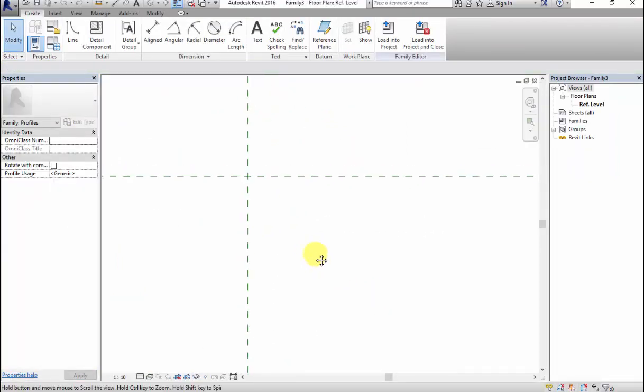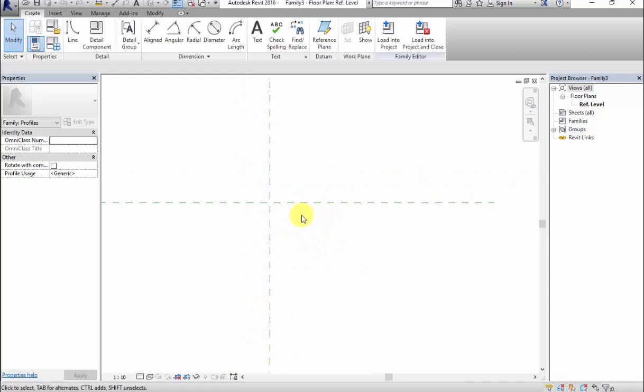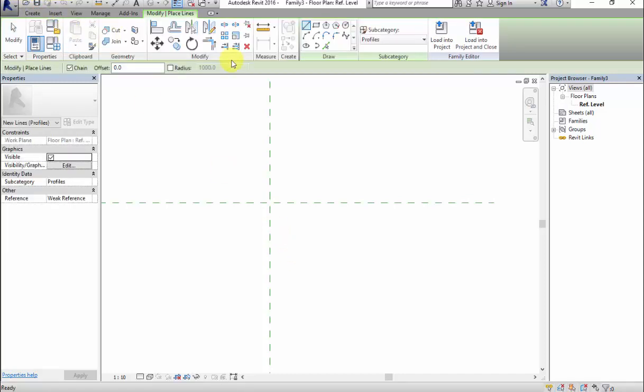Now I'm going to do the design as per my requirement. It is not necessary that I draw it in the fourth quadrant itself; it depends on how I'm going to do my design. Let us first draw it in the fourth quadrant. I'll use these draw tools and draw my profile over here.